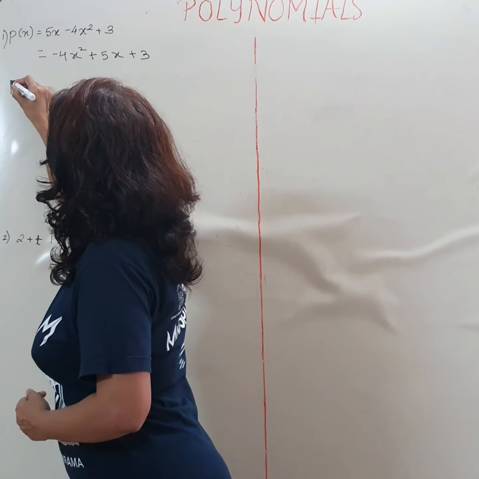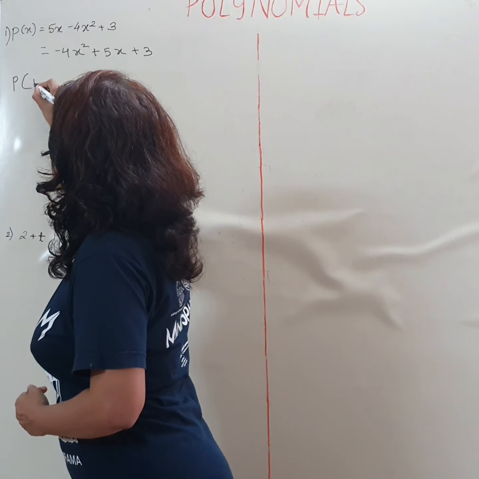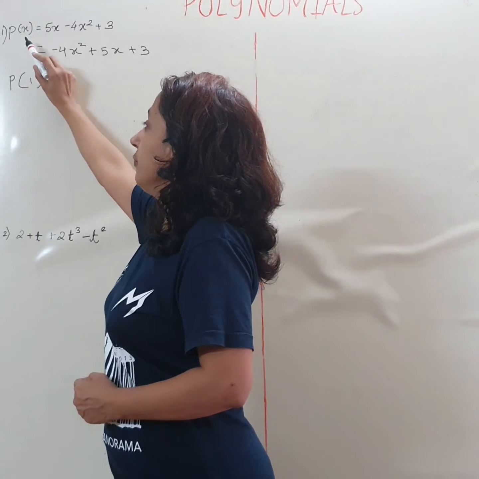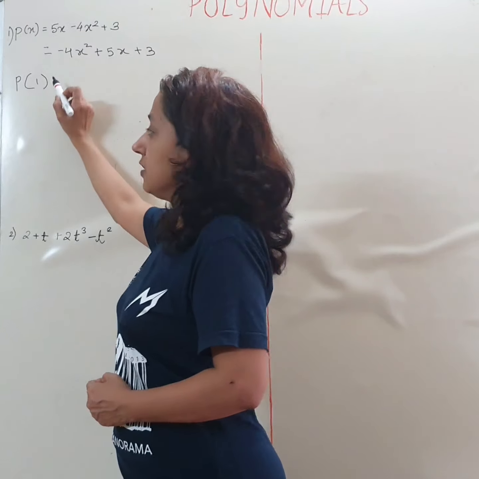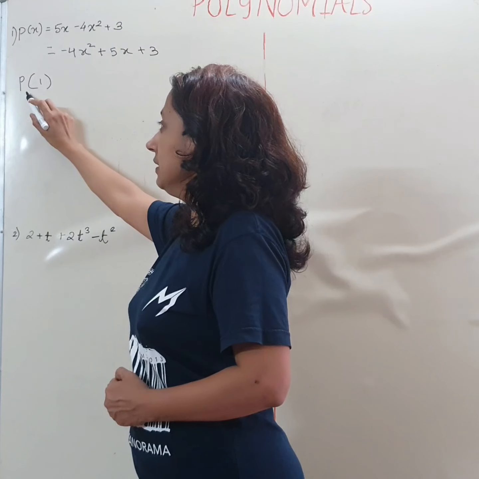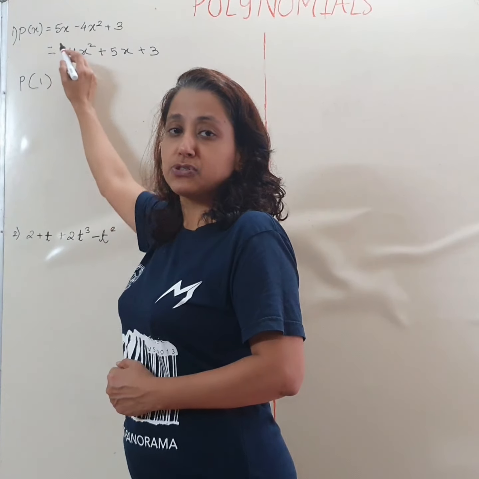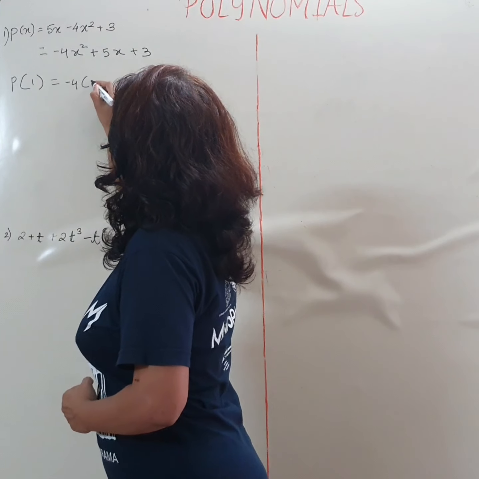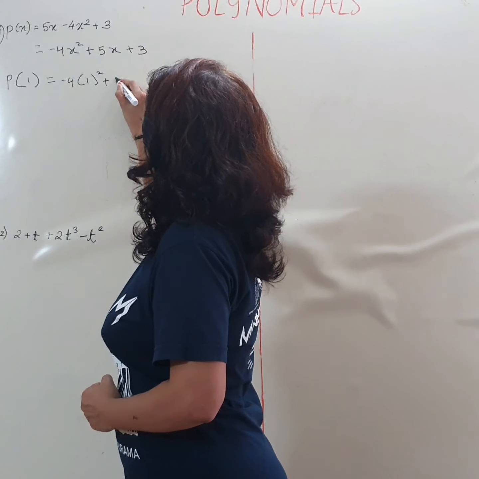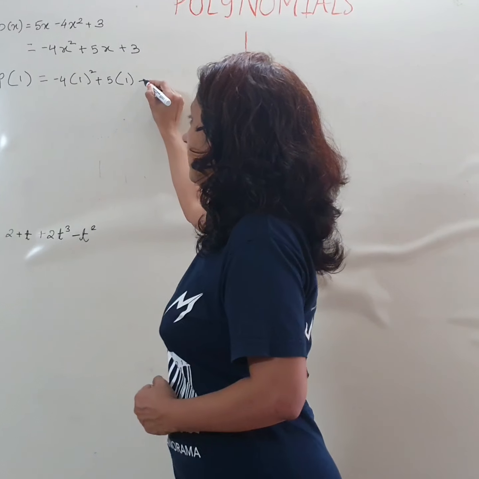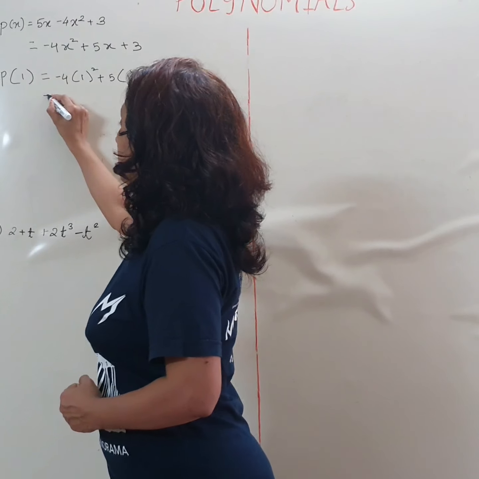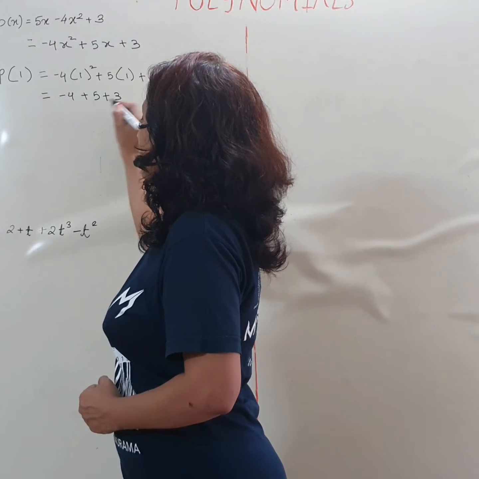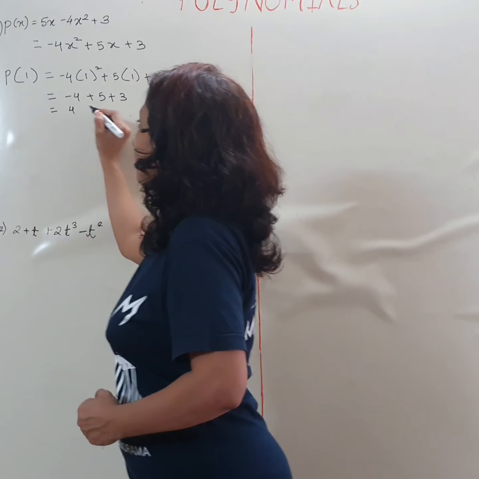If you want to find the value of the polynomial at x equals 1, we denote it as p of 1. This is p of x. So when you want to find the value of the polynomial at x equals 1, you will substitute the value of x as 1. Wherever you have x, you are going to put 1. Nothing difficult regarding the value. The only thing that you are supposed to do is wherever you have x, you have to put that value and solve. So here you are getting the answer as 4.